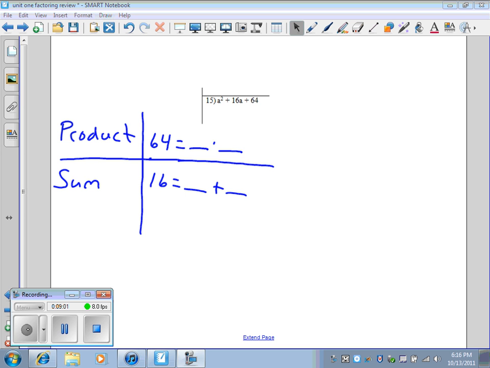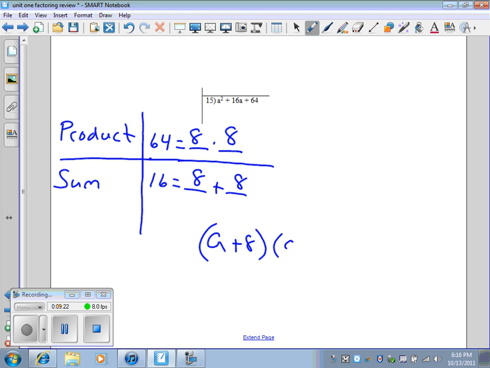So I have 8 and 8. If they're both positive, if I multiply them, I get a positive 64. If I add them, I still get a positive 16. So my answer is going to be a plus 8 times a plus 8, which is just a plus 8